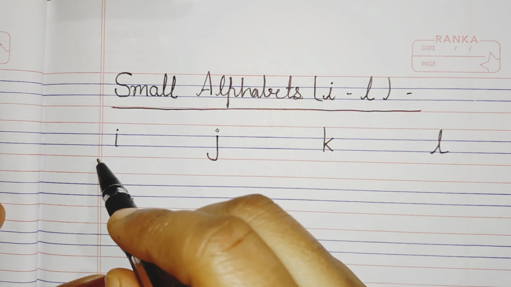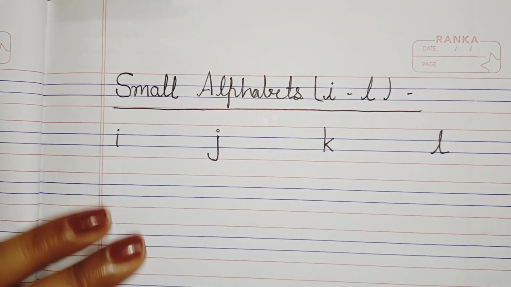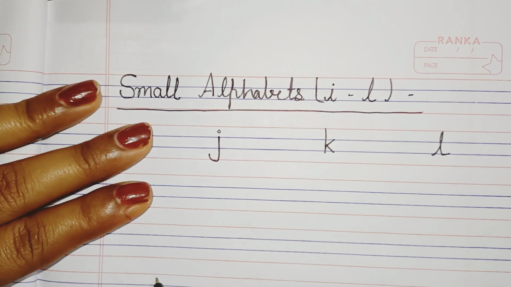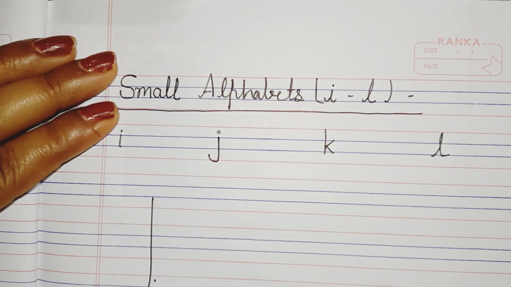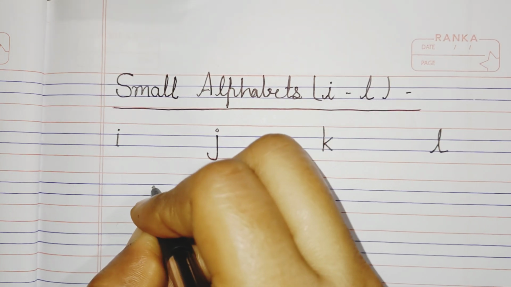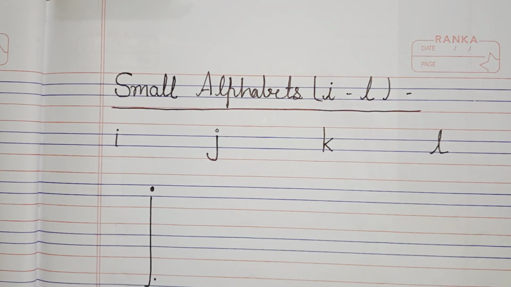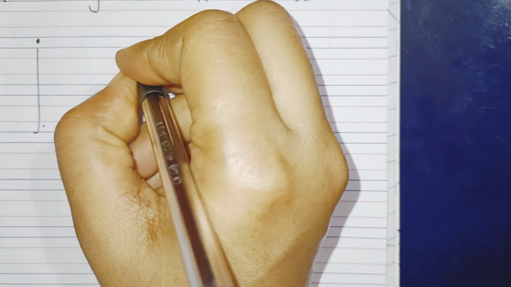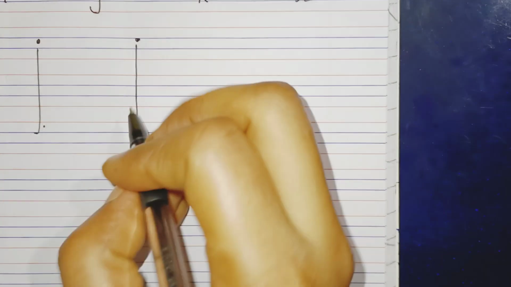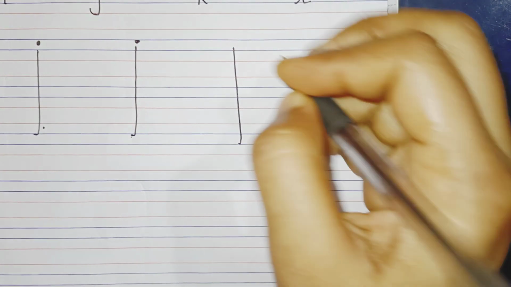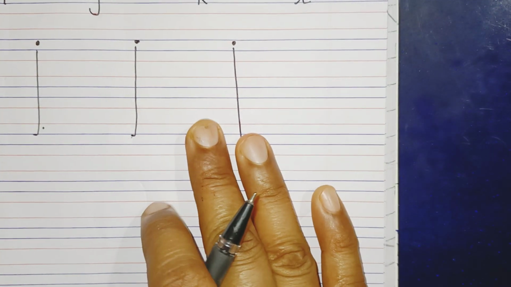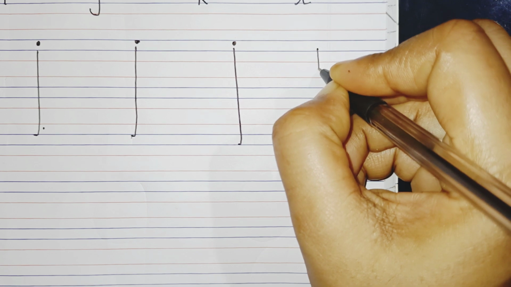First of all, we need to know the pattern of I. It is very easy. As you can see, I will give just one example. First of all, you need to make one standing line. After that, you have to give one dot above this standing line. So to make I, we need only one standing line, and we make one dot above this standing line, moving it a little bit from the downside. Again, you see standing line and then dot.